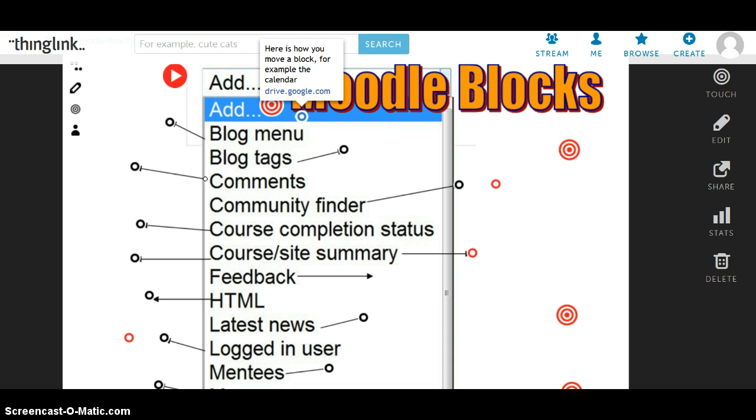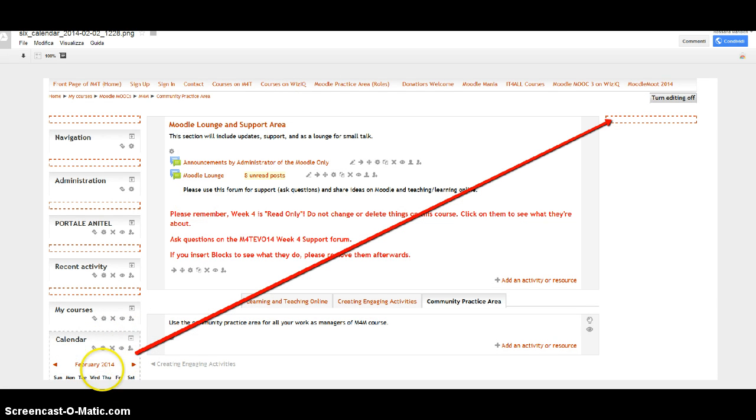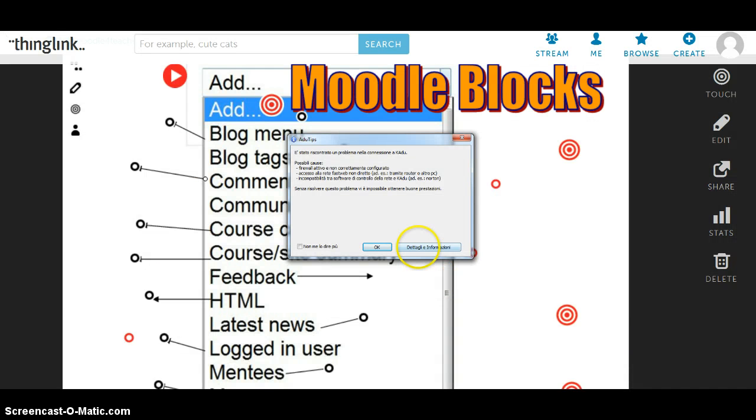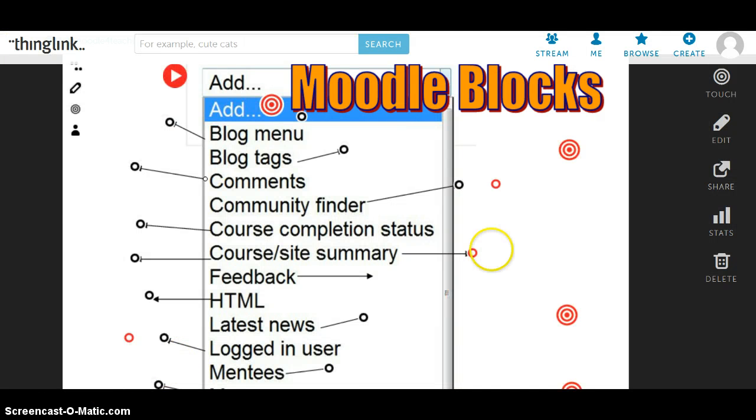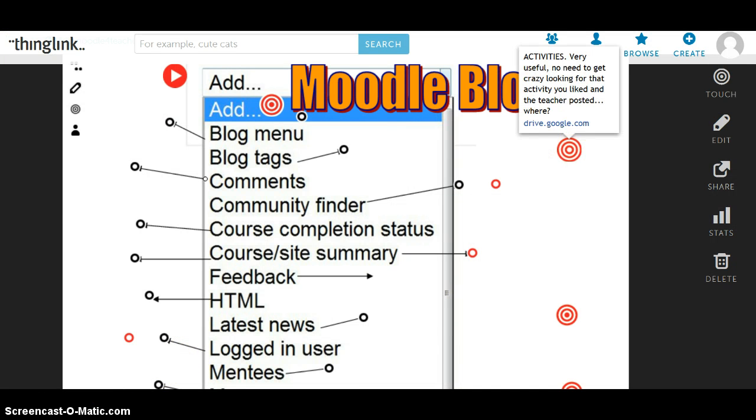And here is how you move a block. Okay, I moved it from the left to the right, clicking in this dotted area. Okay, the other